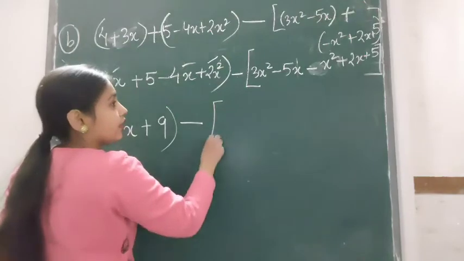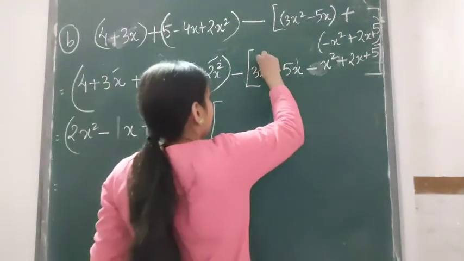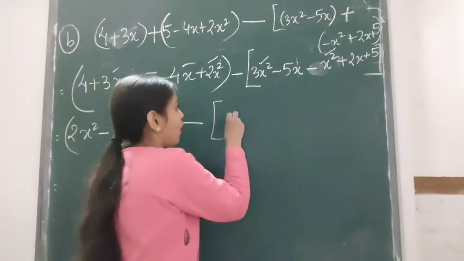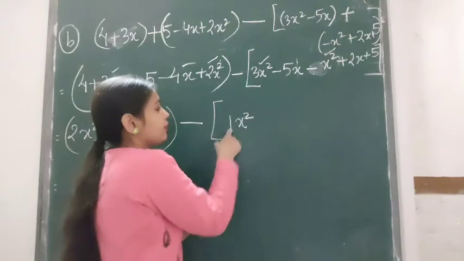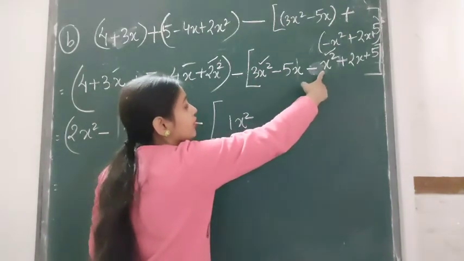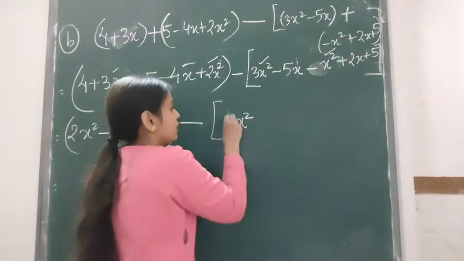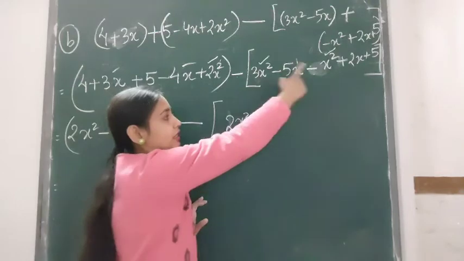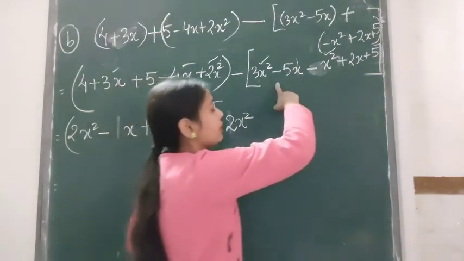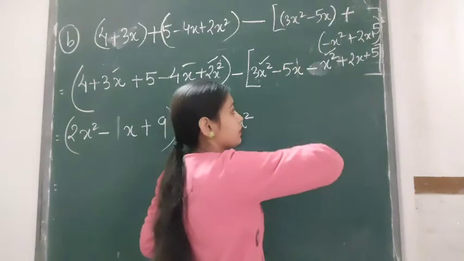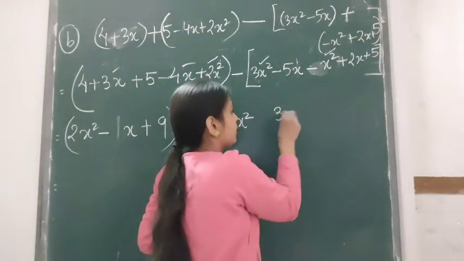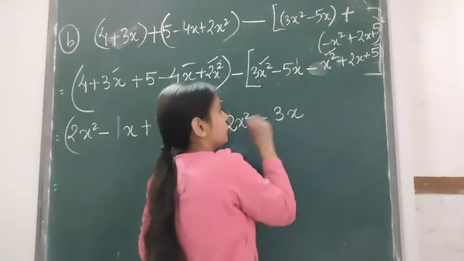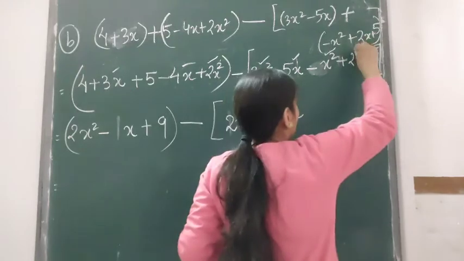Here also let's see if we can solve it. Yes. 3x square minus x square, 3 minus 1 is 2. 2x square, answer will be positive because 3 is greater than 1. Then minus 5x plus 2x. Minus plus is minus. So 5 minus 2 gives us 3. 3x. This is greater than 2 and it is negative. So answer is negative. This also gone. Plus 5.